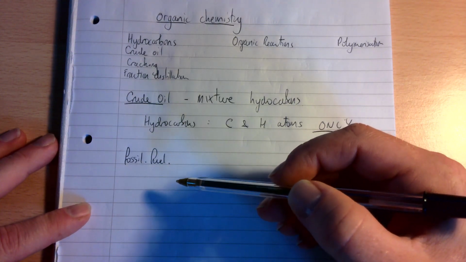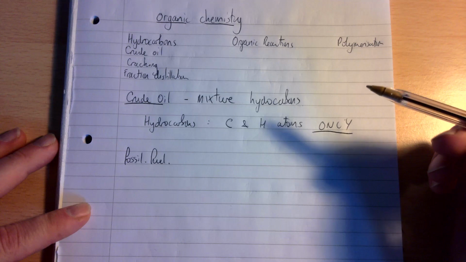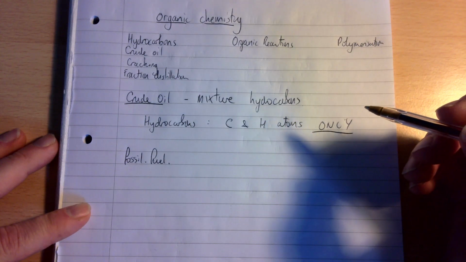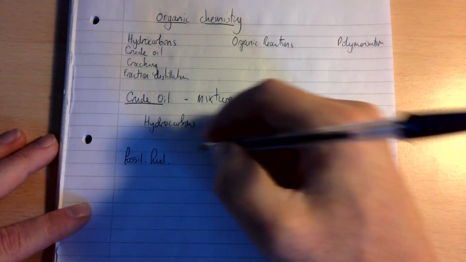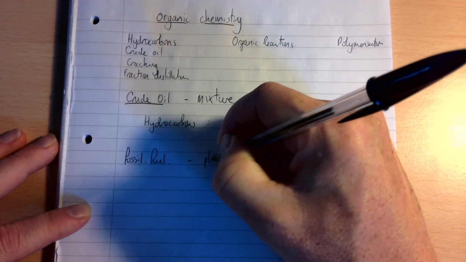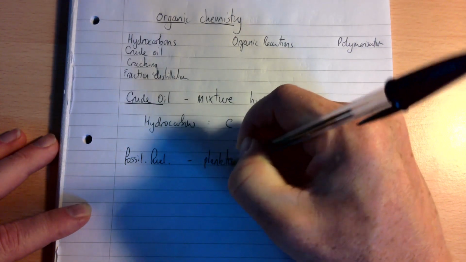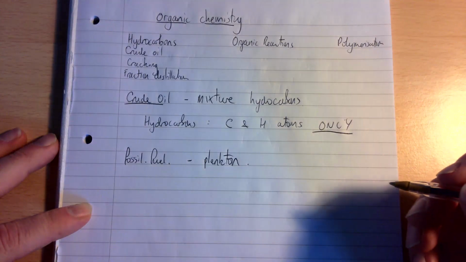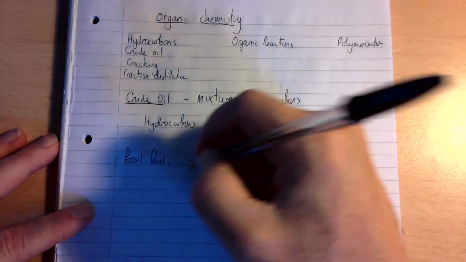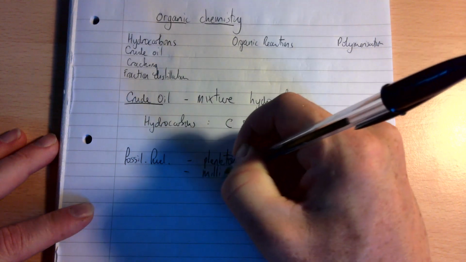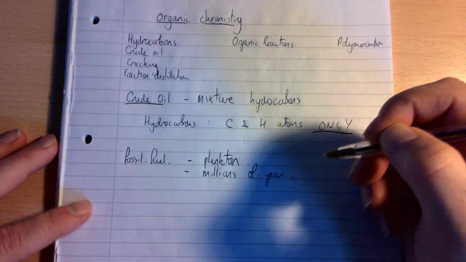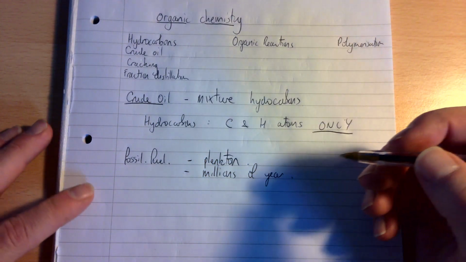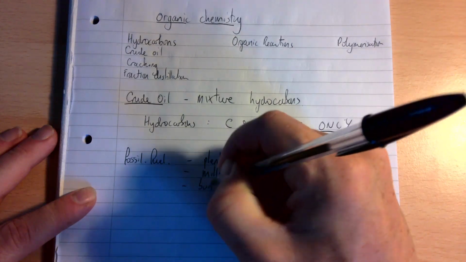So you need to know how they form in very, very simple terms. Just the idea that it's the remains of creatures that lived a very, very long time ago, millions of years ago, specifically. And I've seen this in a mark scheme which I'll show you in a sec, but it's the idea that mostly it's plankton that died millions of years ago. It's a really, really long time ago, and these died and got buried in sediment, and so let's make a note of that. So buried in sediment,